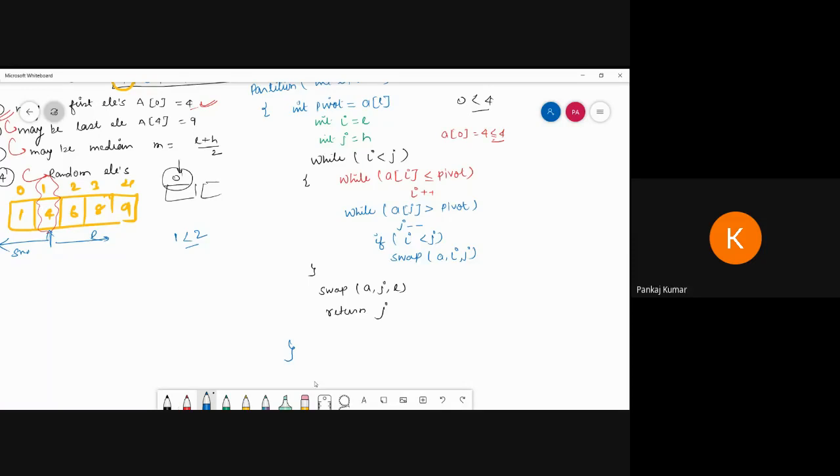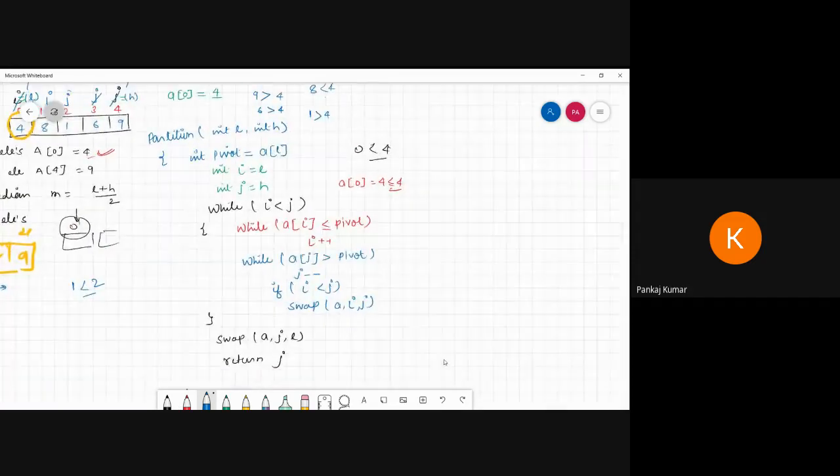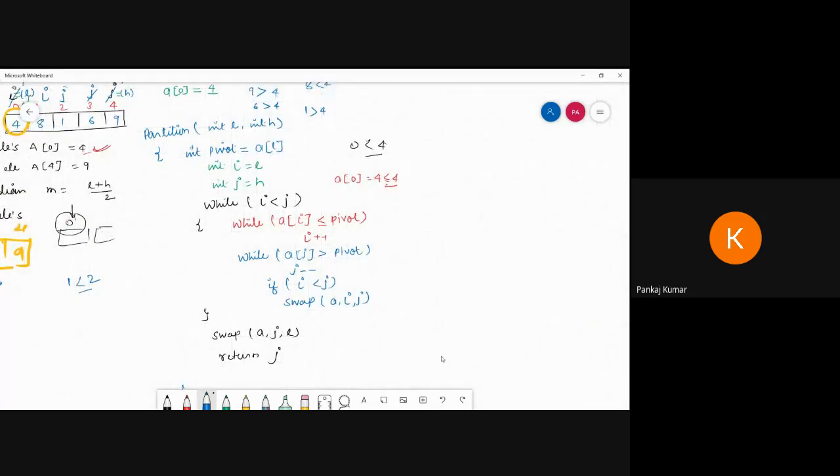After that, this is the partition algorithm. So I am going to write quick sort. Now the quick sort algorithm I am going to write, where we have to start all the things. So I am passing L comma J. Inside that, what do we have to do? Similar to this one, if L is less than R, so L is less than J, then we have to follow int